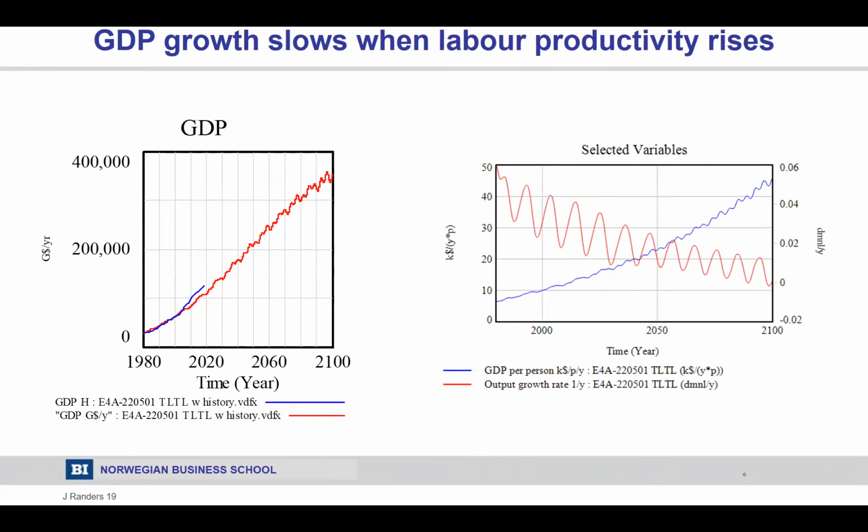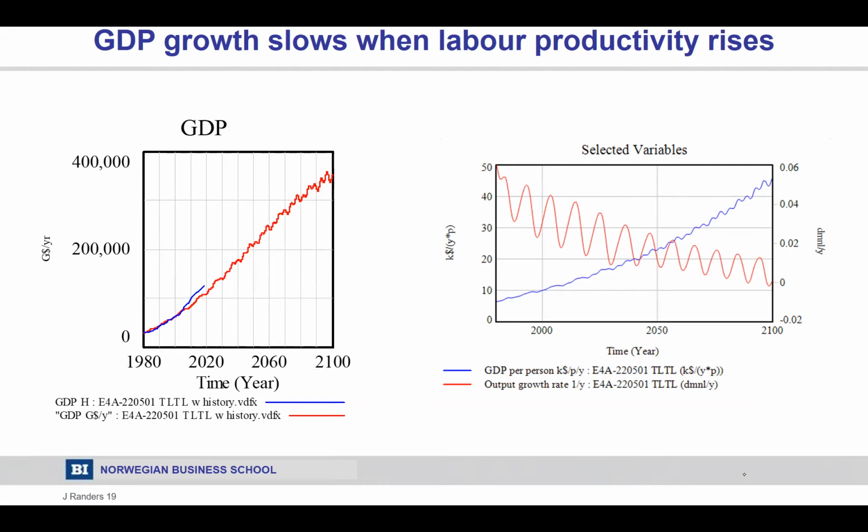GDP growth is somewhat more interesting. This is the GDP of the next 80 years. You see the red line, there's GDP growing. Those of you who know systems can see both the inventory cycle, the 4-year business cycle, and you can see the 10-year cycle. So this is a superposition of both the long-term growth, the 10-year Marx cycle, and the 4-year inventory cycle. But it basically goes up.